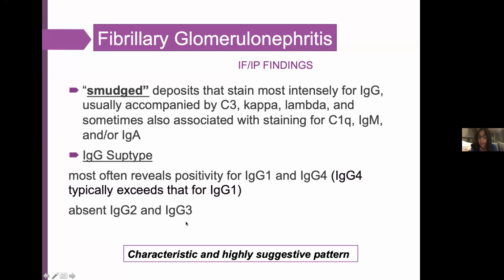We have previously discussed the subtypes of IgG and membranous GN. So this is an IgG C3. This is a regular immune complex mediated glomerulonephritis with IgG C3, kappa, and lambda, and you can also find other immunoglobulins, and the IgG dominant subtype is IgG4.